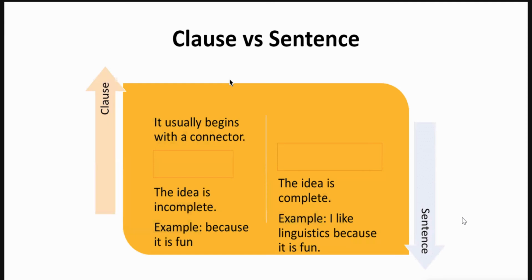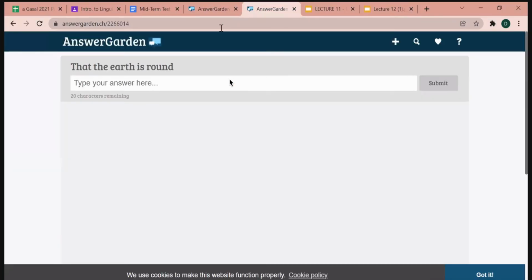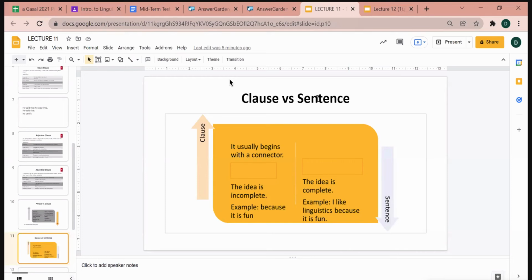Bagaimana klausa dengan kalimat? It usually begins with a connector. Like the previous example, that the earth is round. Ya, jadi betul seperti yang dikemukakan oleh Mas Firman bahwa ini adalah dependent clause. Since it begins with a connector that. Lalu the idea is incomplete, seperti misalnya karena dia sakit,